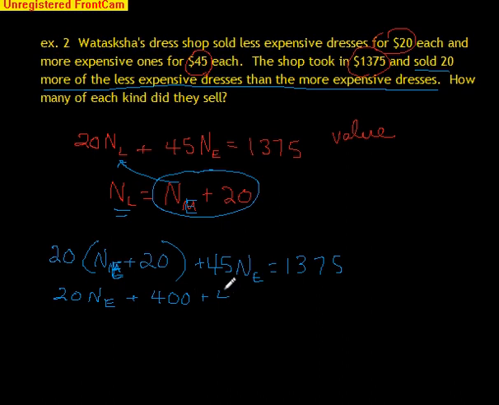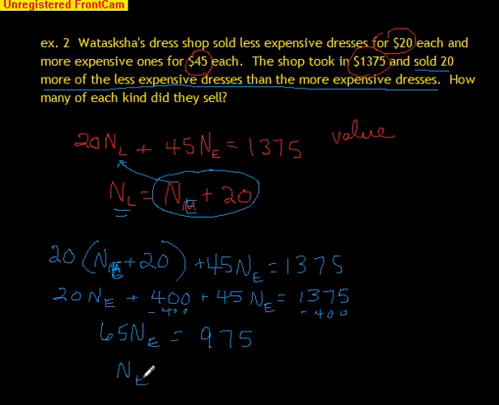plus 45 number of expensive dresses equals 1375. And we add that up, we get 65 number of expensive dresses. Subtract 400 from both sides, and we get 975. Divide both sides by 65, so the number of expensive dresses equals